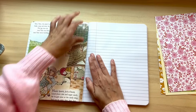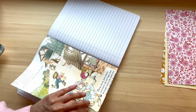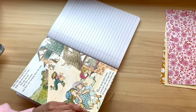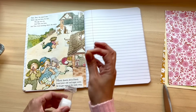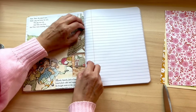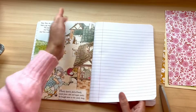You can get really creative and add a lot of very interesting pages and papers, or even whatever you have laying around your desk. I added in this page a little low, so I'm just trimming the bottom. Everything's an easy fix in junk journaling. So now I'm going to add that additional transparent Scotch tape to the back, and that page is in nice and secure. And even though my journals for my composition books are sewn, I still have many pages like this